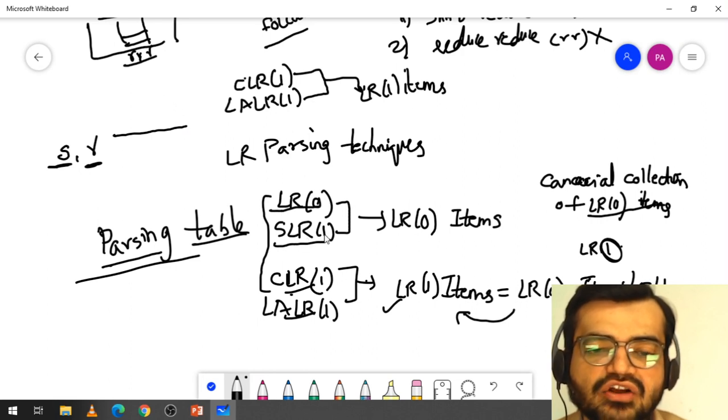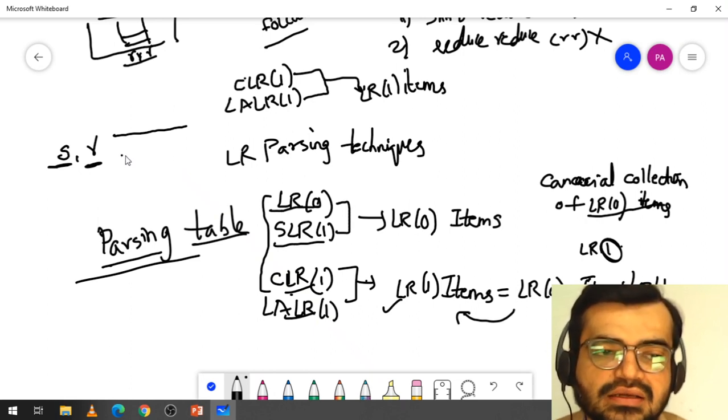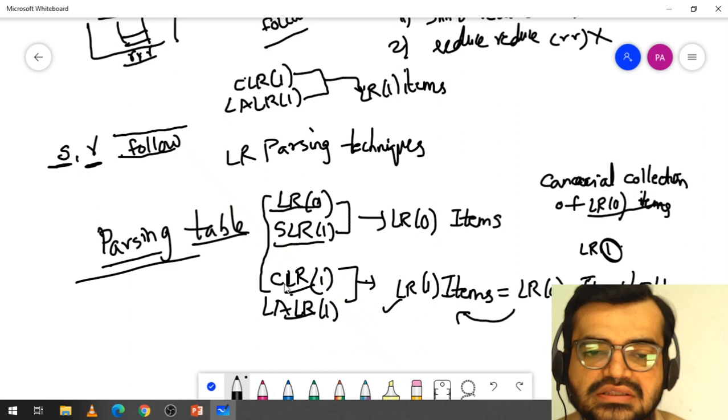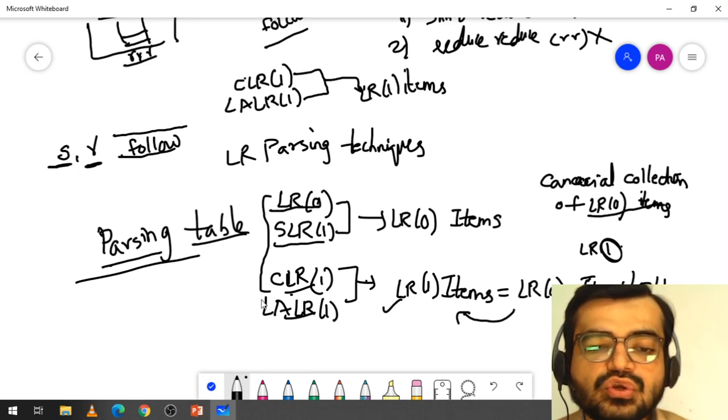But in SLR(1) parsing, the reduce operation will be taken only for the follow sets of the particular symbol. So that means you are using the follow operation here. But when it comes to the third type of parsing technique, CLR(1), it uses a lookahead symbol.